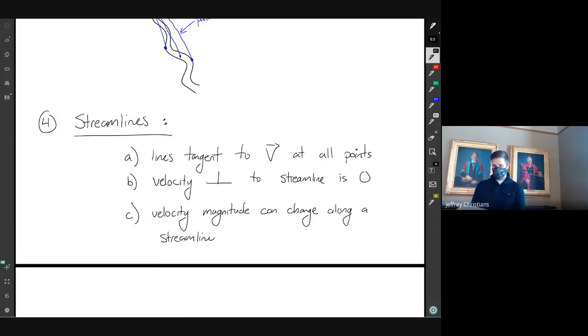And I think the top one is supposed to be the path line, even though it's not labeled. The middle one should be a streak line. The bottom should be a streamline. And see if you can figure out with the definitions that we just had what that line would look like. Try your best, raise your hand and ask questions if you have a hard time thinking of it.